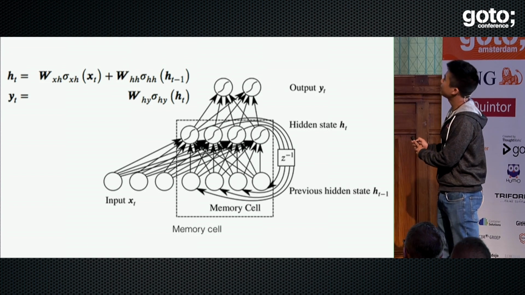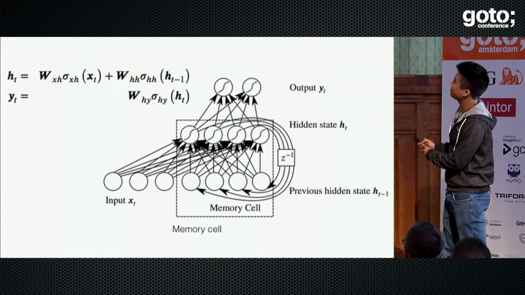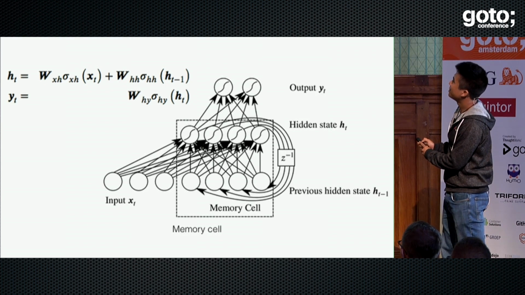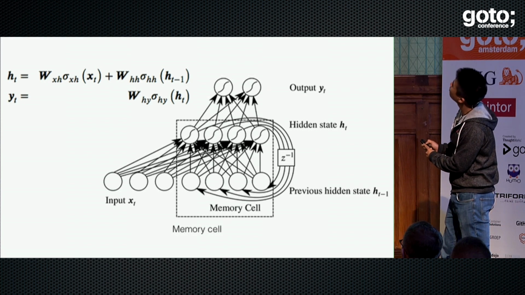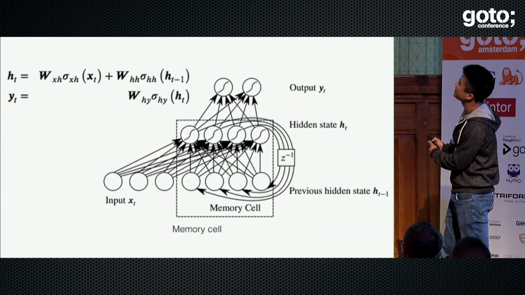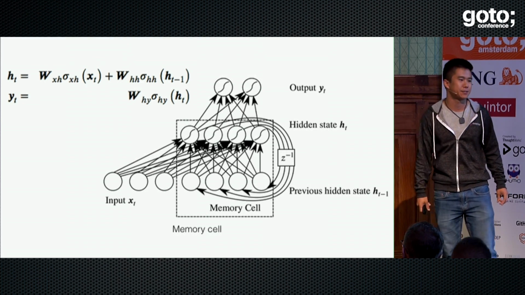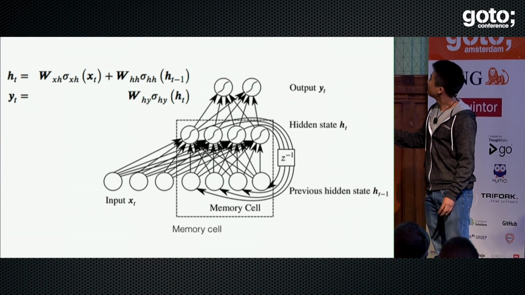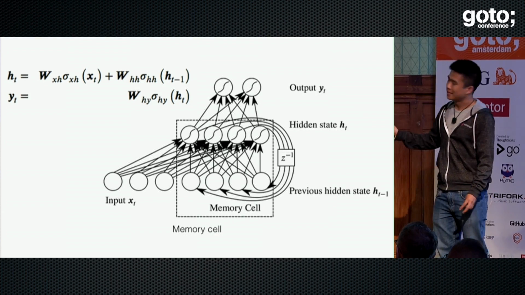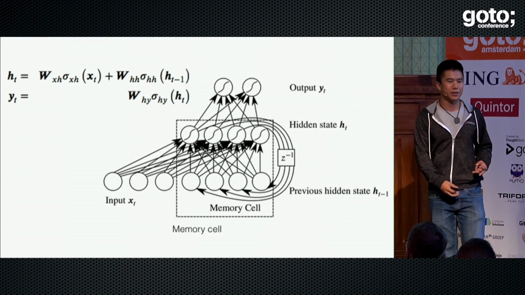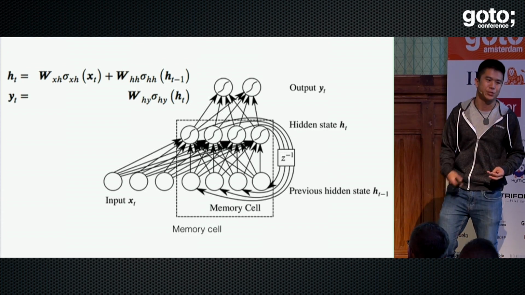In equations, it looks like this. The current hidden state is equal to an activation of the current inputs weighted, plus the weighted activations of the previous hidden states. And the output is only a function of just the current hidden states. We can take this loop right here. Oh, sorry, before I go there. This is called an Elman-type recurrent neural network. This memory cell is very basic. It's just doing the exact same thing a normal neural network would do.